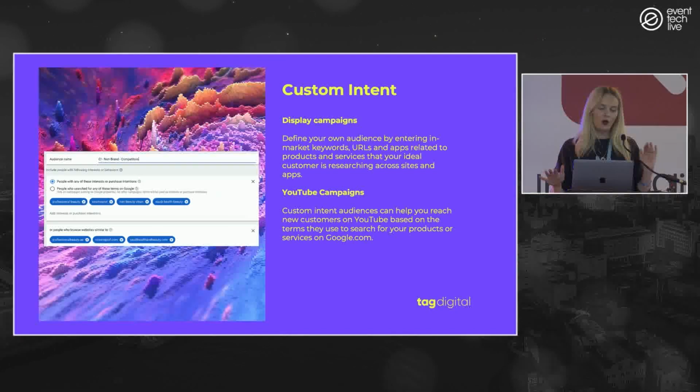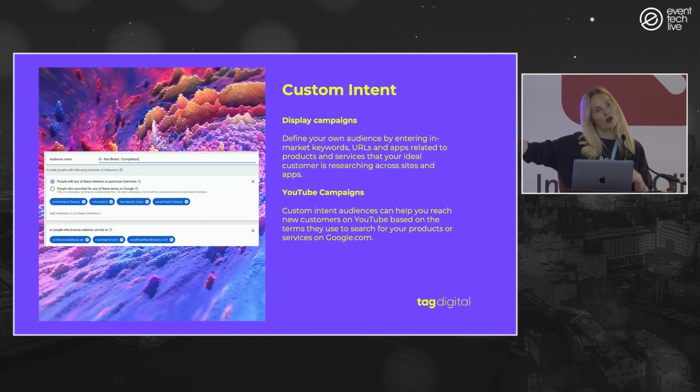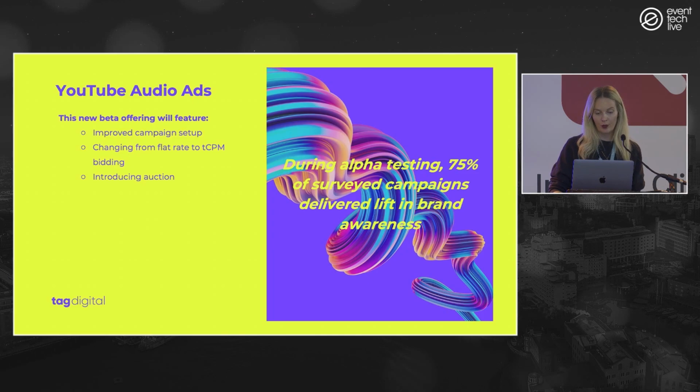Sitting alongside that is running video as your ad to the competitor targeting audience. It lets you showcase why we are better and what else we're offering, while getting in front of that new audience. So we love custom intent paired with YouTube advertising, and as I mentioned, it's really underpriced media.